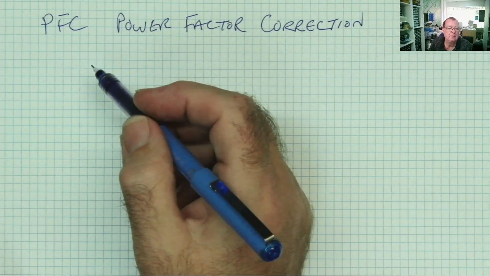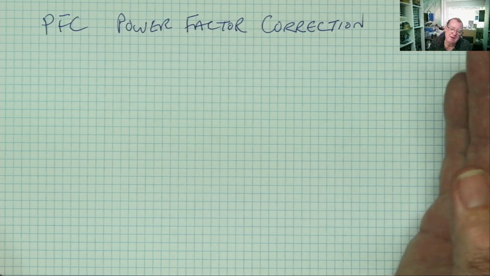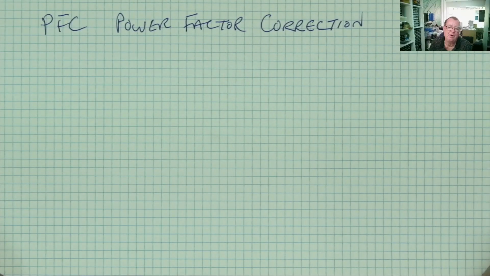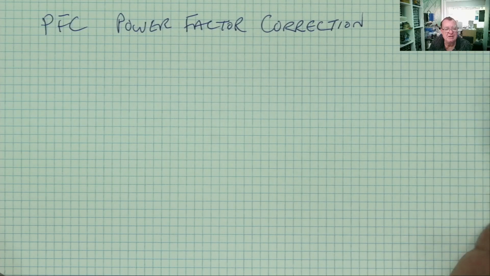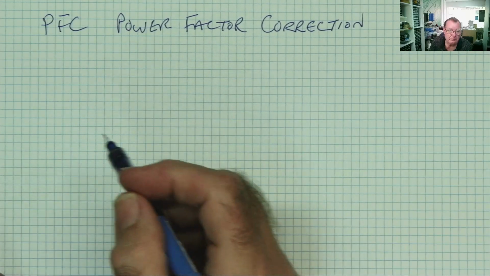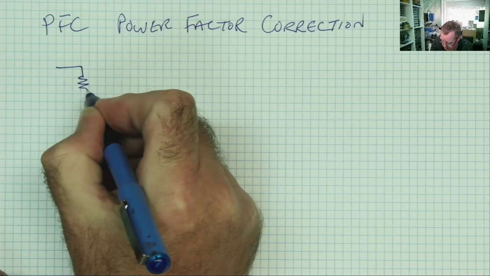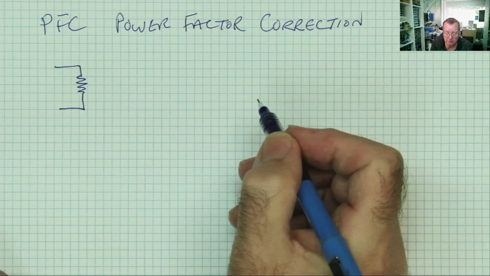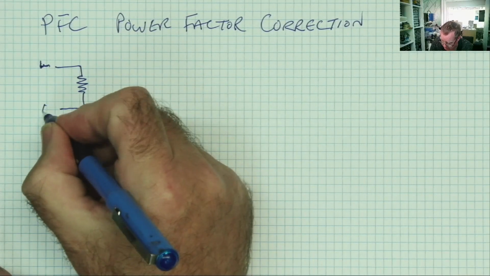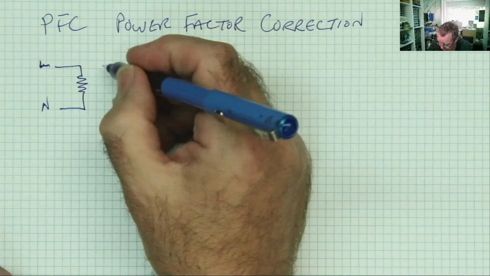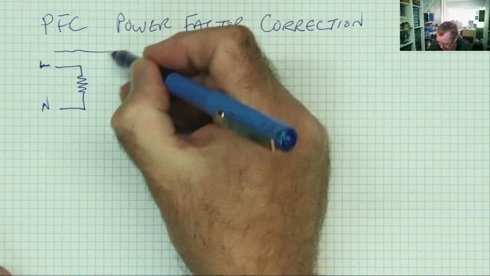So, power factor correction. This is basically to do with the efficiency of a circuit, how efficiently it uses the energy provided to it. If we talk about a circuit which is purely resistive, yeah, it's a resistive load, and we feed an AC signal in, let's say mains, live, neutral, okay, what you're doing is you're applying a sine wave. This is your AC